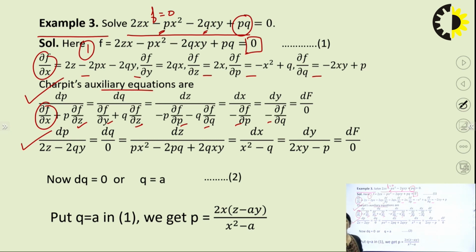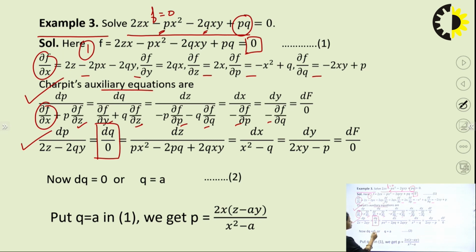And now we have to find the solution of this auxiliary equation, and the solution must contain p or q or both. So what we have to do, we have to select a pair of fractions which can be solved by direct integration, and its integral must contain p or q or both. So see, we have to find the simplest fraction, and see here